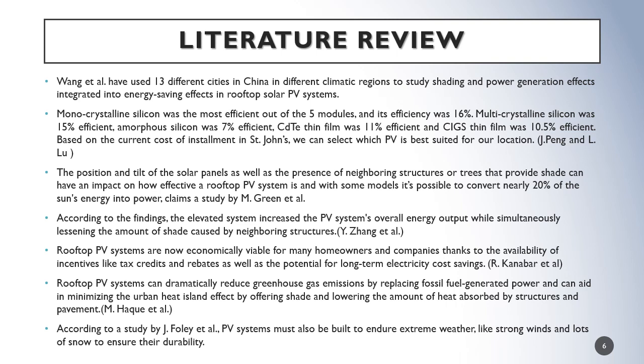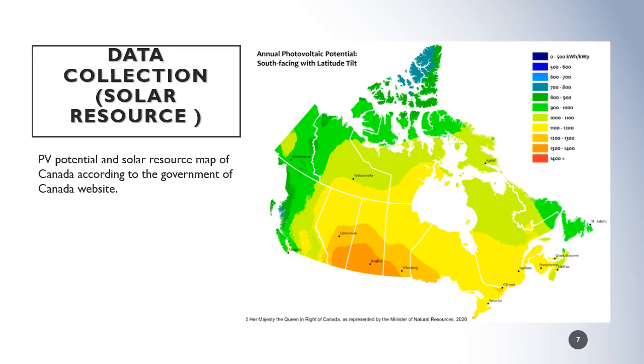Rooftop PV systems can dramatically reduce greenhouse gas emissions by replacing fossil fuel generated power and can aid in minimizing the urban heat island effect by offering shade and lowering the amount of heat absorbed by structures and pavement. It was stated by M. Hawk. We have collected the PV potential and solar resource map of Canada from the Government of Canada website before our